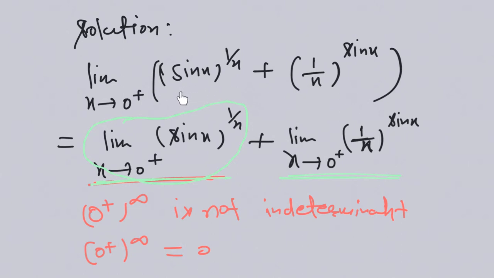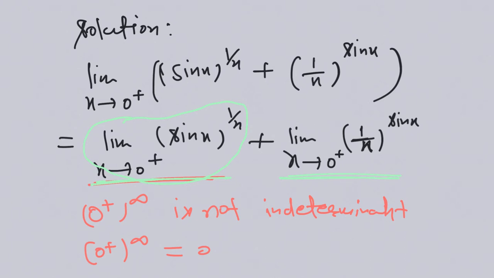So this question seems quite difficult, but one of the parts automatically converts to 0 without solving. The question is given in the f(x) to the power g(x) form as an addition of two different functions, but the beauty of this question is that (sin x) to the power 1/x automatically converts to 0 at x approaching 0 plus, because it gives the form 0 plus to the power infinity, which approaches 0. Similarly, the second one gives the form infinity to the power 0, which is always an indeterminate form.